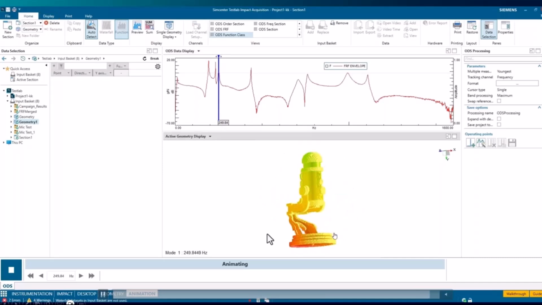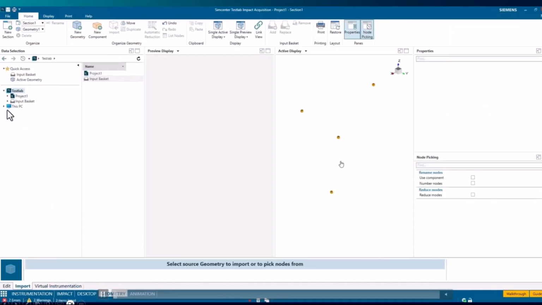This isn't incredibly interesting to look at because we only did one location. If we were to do more modal locations, it would look cooler. That makes sense, Charles? Mm-hmm.